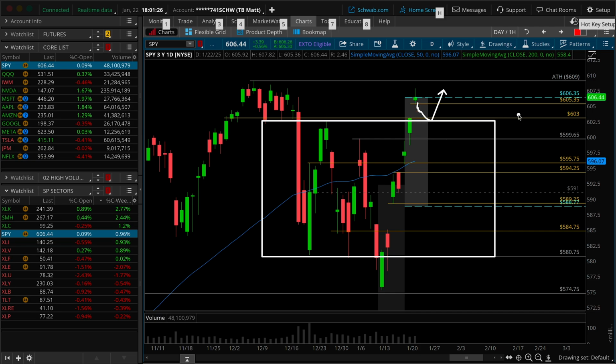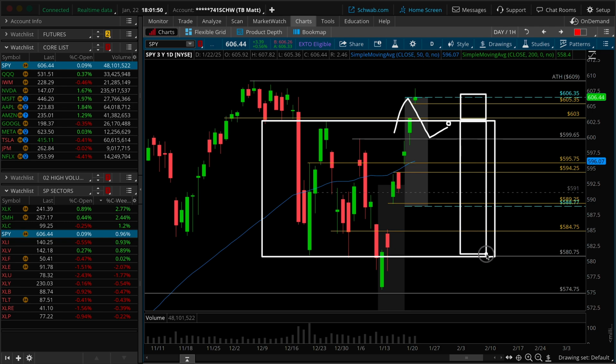However, if you are someone with a swing trade mentality, and if you are just, I was going to say rotten to the core, but let's not call bears rotten to the core. If you are a short seller to the core, and you want to see what we would classically refer to as a look above and fail, like this. If you can spot a lower high underneath 603, and if you want to take the attempt at risk reward along these lines to rotate all the way back down to the bottom end of the balance,